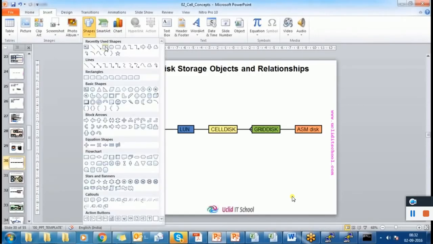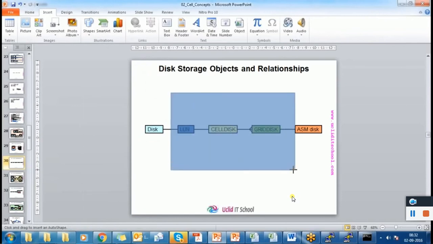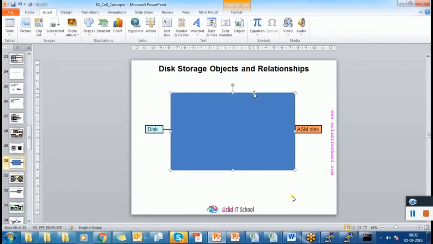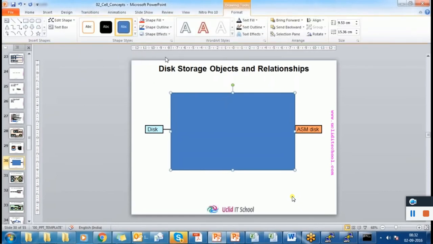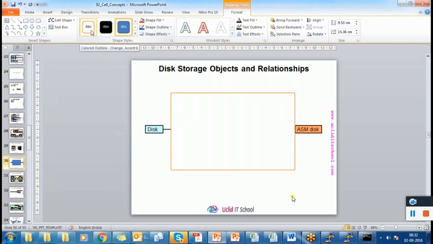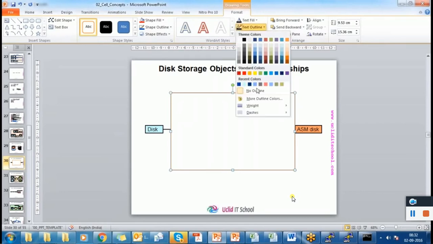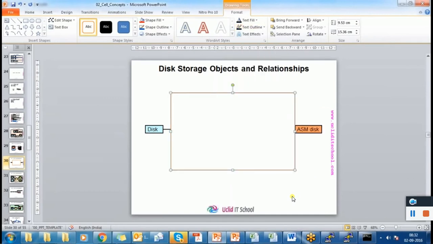So that means at the end state, is it going to be equivalent to a normal storage, where I can carve out LUNs, meaning nothing but a partition? Multiple LUNs on a single disk or a bunch of RAID disks, right? So here, is it going to be one disk, one ASM disk, or can one disk be created as multiple LUNs and those added as different disks at the ASM level?